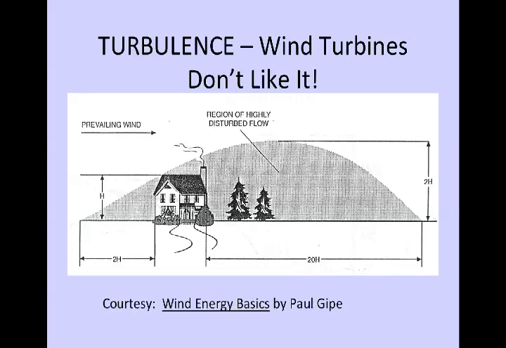And one of the last things I want to talk about here is turbulence. The wind turbines don't like turbulence. So if I had to put a wind turbine up right next to my house, I want to make sure that it's at least twice as tall as the house because that turbulence is really going to bother it. We'll talk more. There's another rule of thumb that we'll talk about a bit later. But for now, this is a nice image to demonstrate just how far away we want to have our turbine from where the